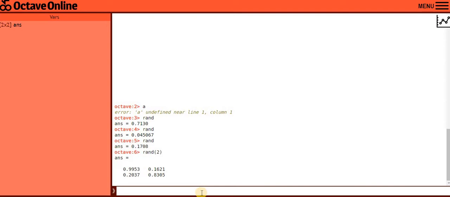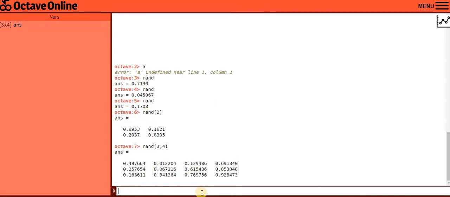But suppose you want to create a matrix that is 3 cross 4. For that you need to write 3 comma 4 in the braces, and here it is. There will be a matrix of random numbers as output. The size of the matrix is 3 cross 4, that is 3 rows and 4 columns, and every number is a random number generated from 0 to 1. You can try, but there will be no pattern. You can't find any pattern in these randomly created numbers, right?